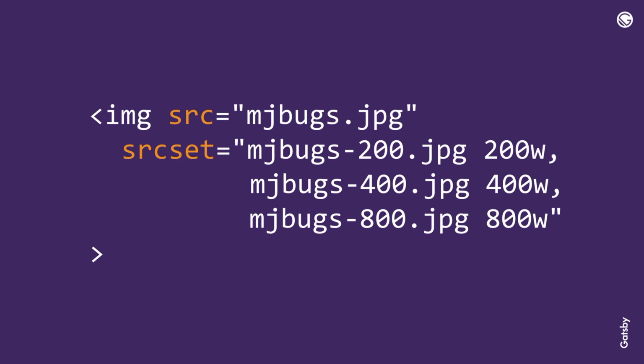The key with the source set is that it tells the browser about other sizes of the image. But if you specify them like this with widths, it isn't prescriptive. It's telling the browser about what is available, but it lets the browser choose which ones to download. So, for example, if you are trying to display a big full-width hero image on a massive screen, the browser will be able to download the large one. Or if you're on a mobile with a poor network connection, then it will download a smaller one.